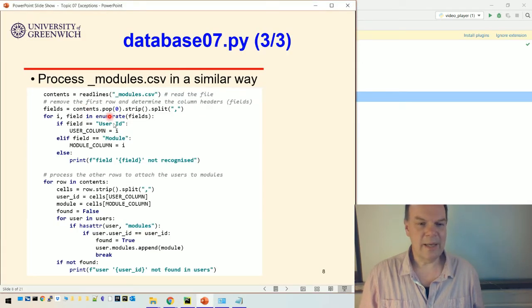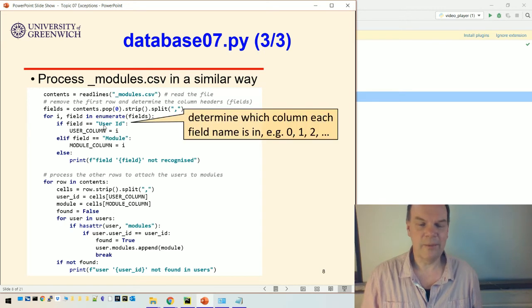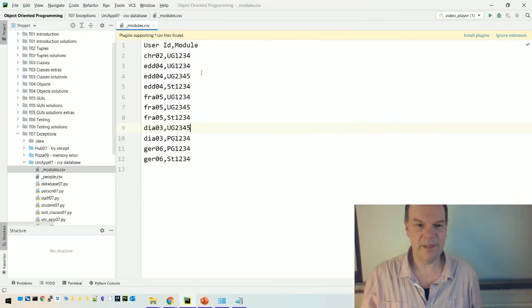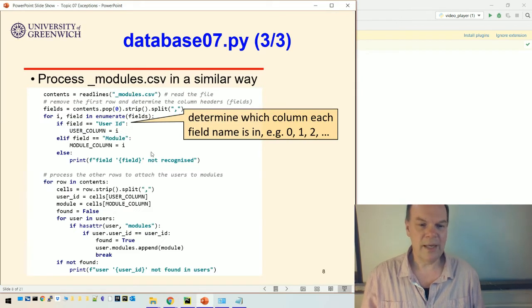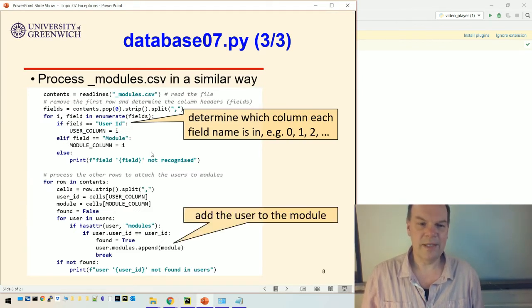We do exactly the same procedure. So the code gets the first row, checks which column each field is in. So is it the user ID? Is that in column 0? The module is in column 1. I think looking at this example, user ID is column 0, module is column 1, and then it goes through the rest of the data, processing each row, getting the user ID and the module from that row,